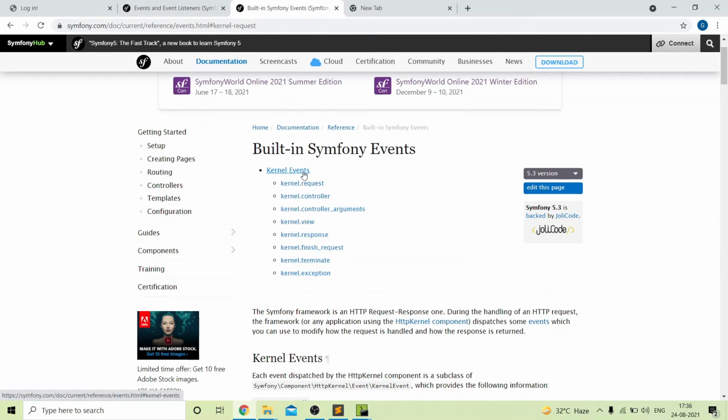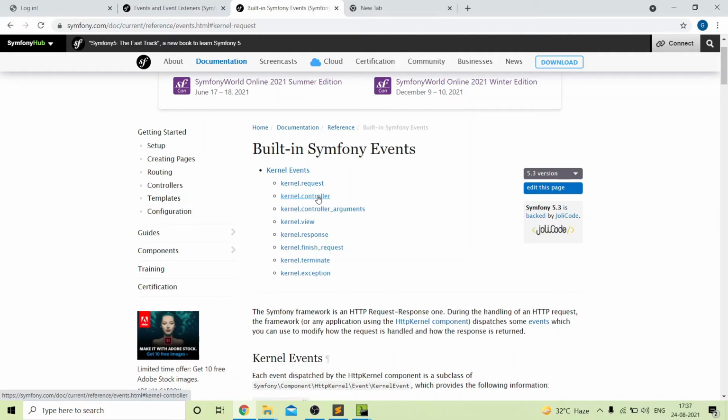We have implemented an exception listener and a request listener. You can also implement these listeners in the same way. One more important thing is that these listeners work priority wise, as mentioned here. For example, if we have implemented all the listeners, then first the request listener will work, then controller argument, and in the same way priority wise all the listeners will work.